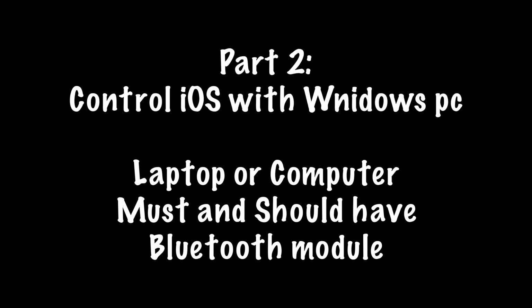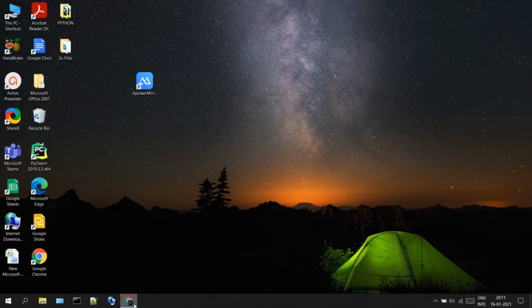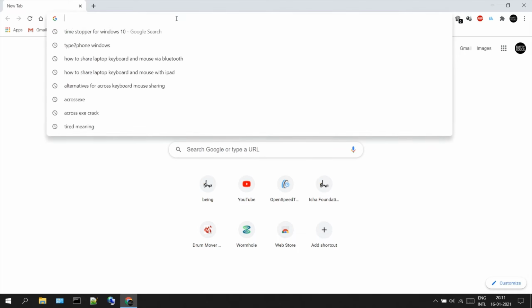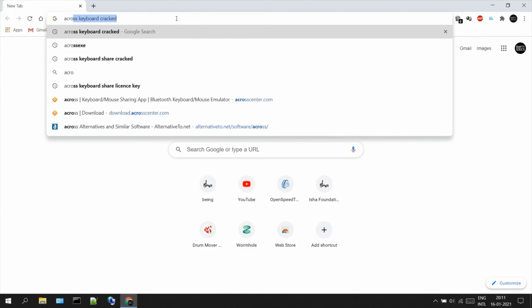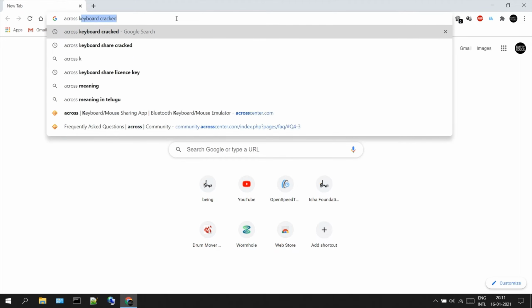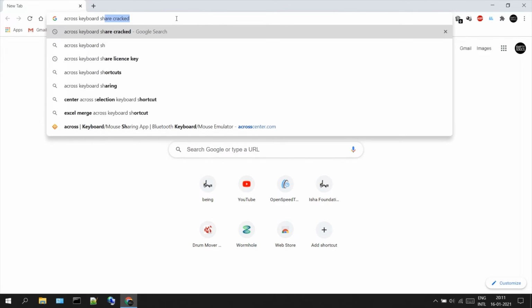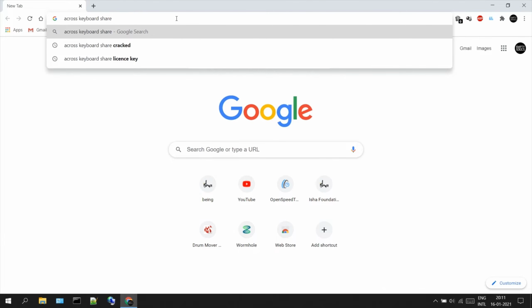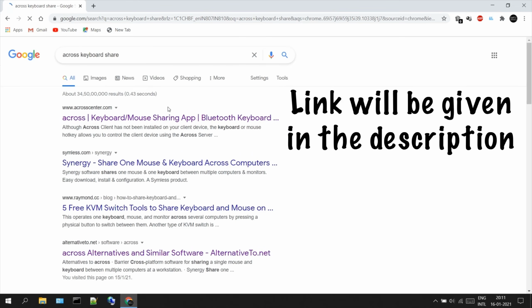Let's start by installing the necessary application. Open web browser and search for Across Keyboard Share. And click on the top link as shown.